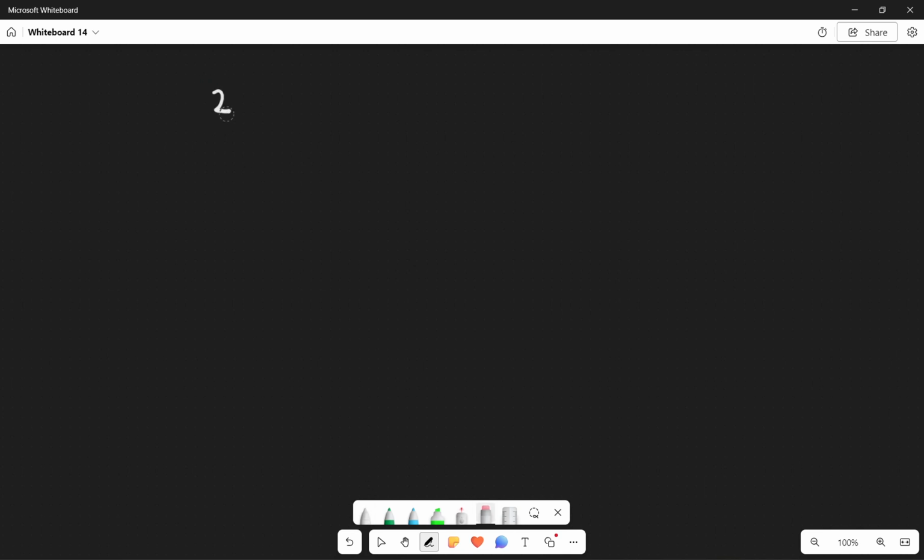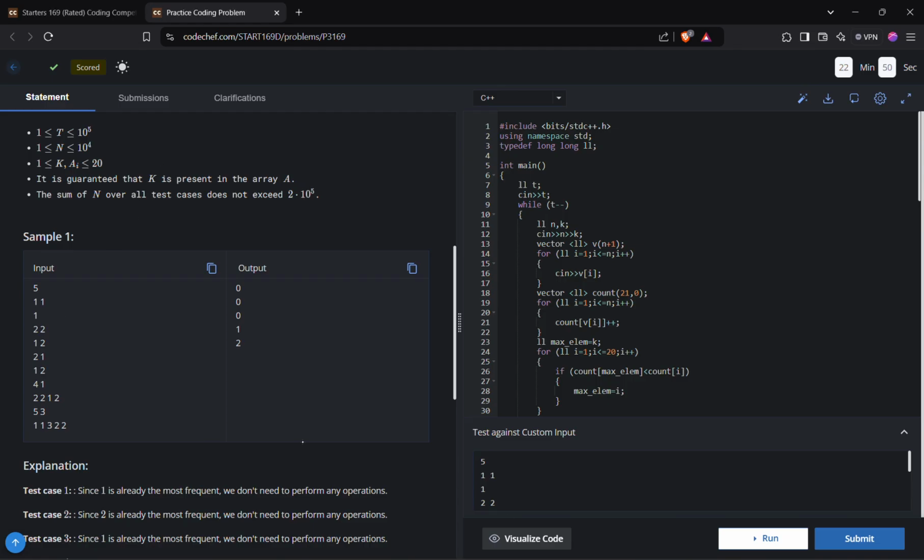Second, actually, let's be consistent with the numbers. Fourth problem from the CodeChef Starters 169. In this question, suppose 1, 2, 3 and 4 is one array and n is equal to 4. We can say that 1 is most frequent, 2 is also most frequent, 3 is also most frequent, and 4 is also most frequent. So basically, most frequent here means